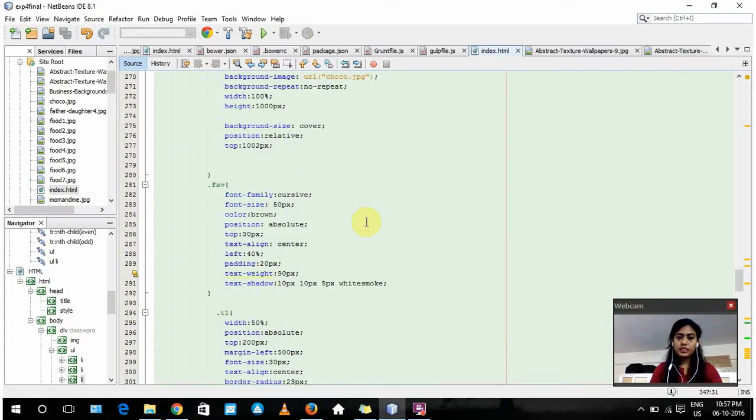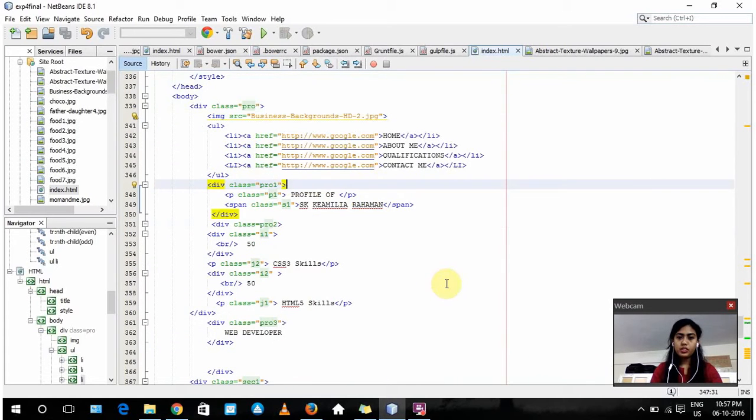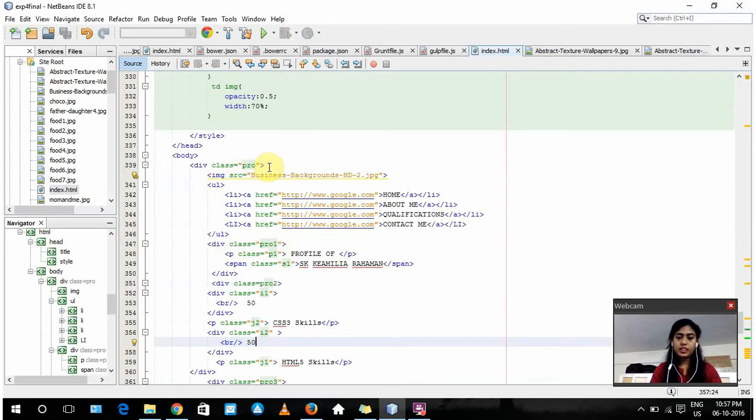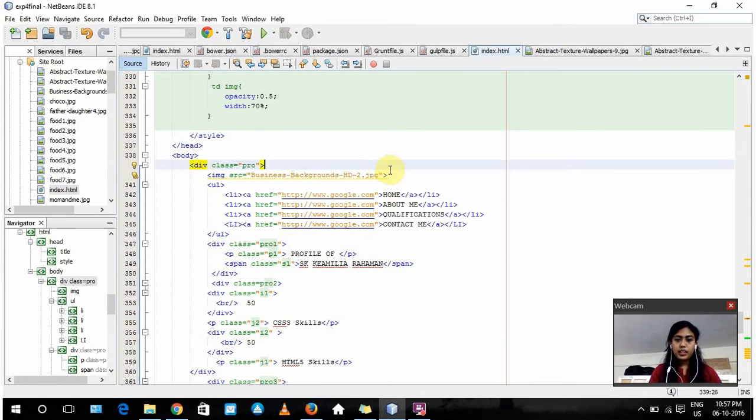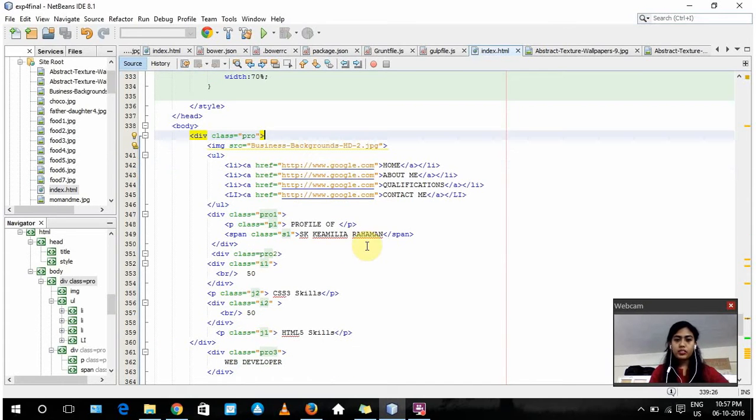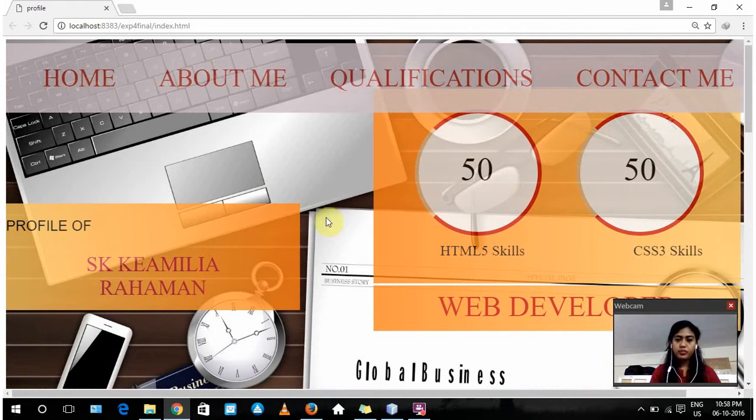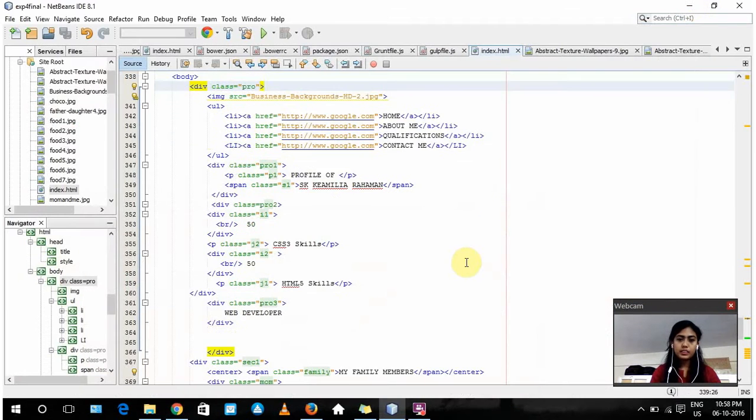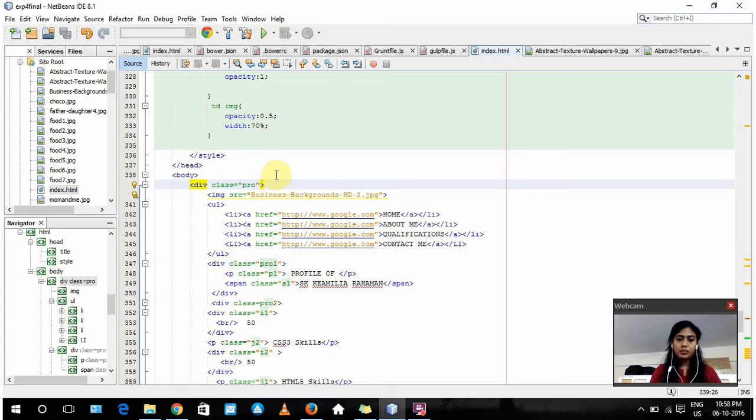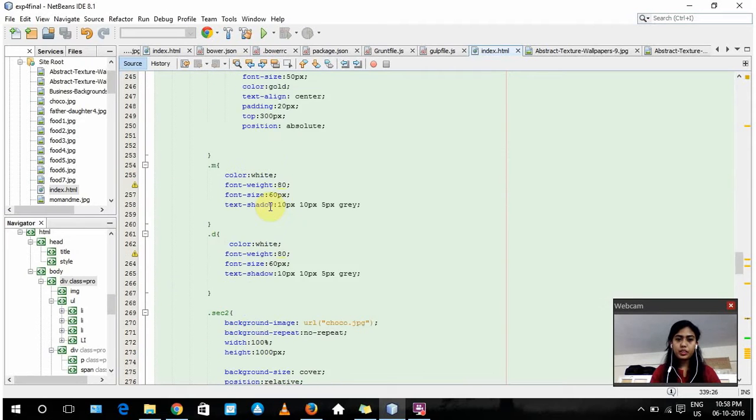This is the CSS and this is my main page. So first I use the classes over here, div classes. So here my class name is Pro. Inside Pro I have the main banner image, I have the navigation bar, then I have these boxes as you can see here, the profile of, then web developer, then HTML5, CSS skills, all these things. So we'll see the code. So in Pro we have,